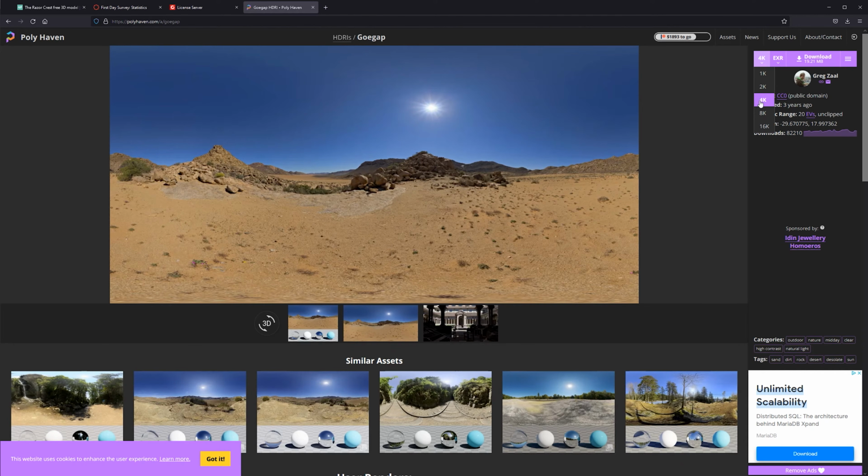But for right now, 4K is good. 8K is good. They're going to be good. 8K if you need to see super sharp reflections, basically, but usually the surface is not going to be super sharp. So 4K is good. And then for the format, we have EXRs and HDRs. Take your pick. They're both going to be pretty much the same.